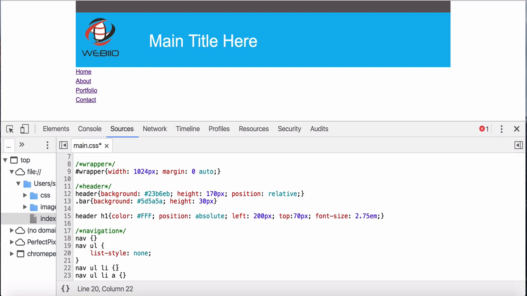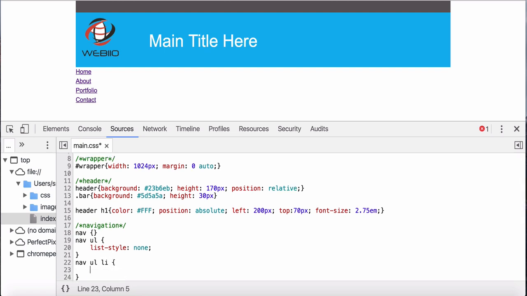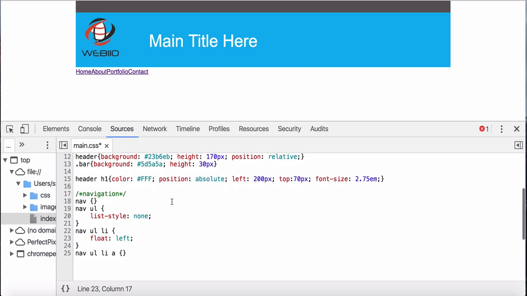And then for my LI, when I come down here, I'm going to write float left. And so all I'm doing with my LI is I'm just floating them left. You can see they all floated left right now. And by doing that, now I have a little bit of control over my A. And the first thing I want to do is do a display block. And the reason I'm doing that is so I can set a width to them